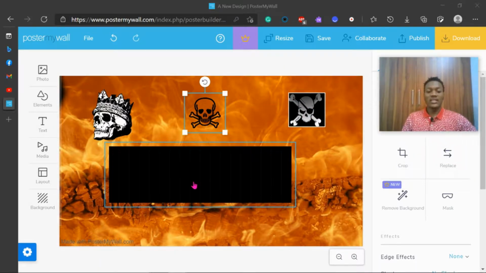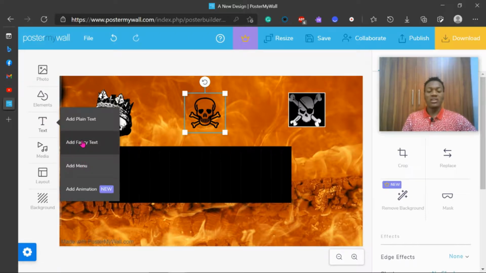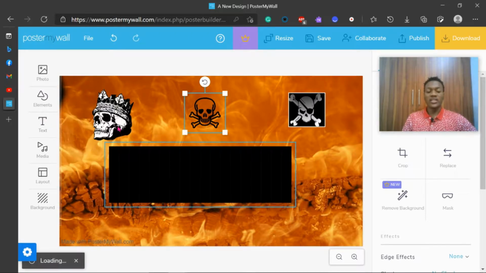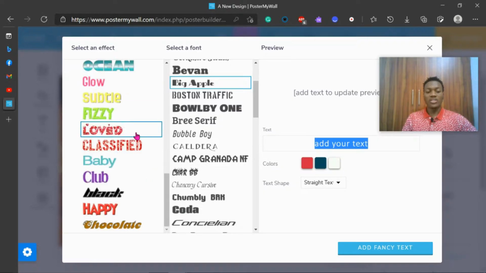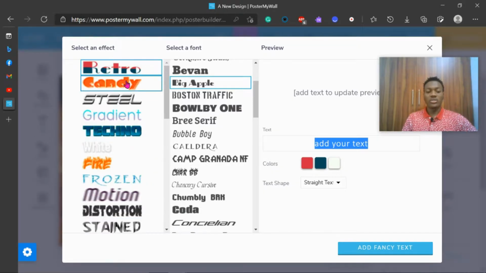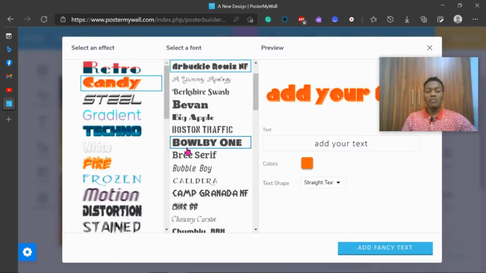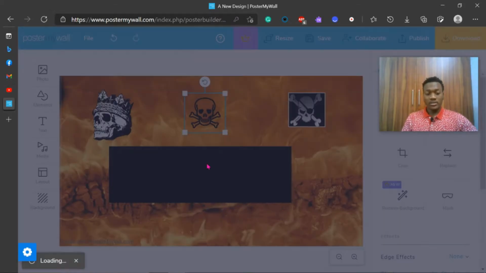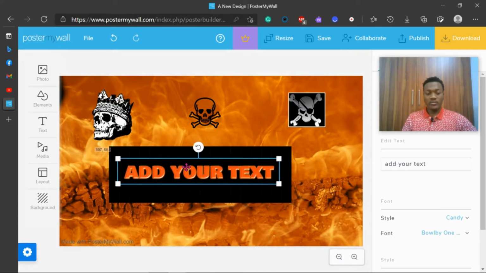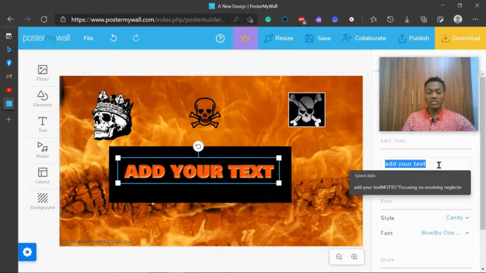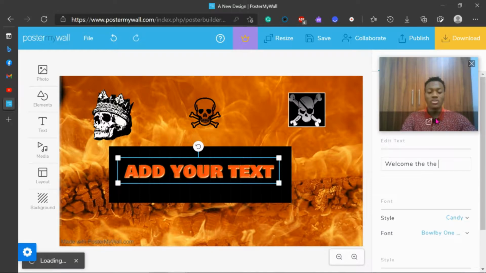Now something great we can do, we can add text here right now. It's so amazing. And you remember we talked about the text. You can go to fancy text, and when you go to fancy text, you can choose any text of your choice. So now we're going to choose candy, and we're going to choose this one, the bubble blade one, and then we click on add text, and our text comes here, and we can change our text to say welcome to the new world